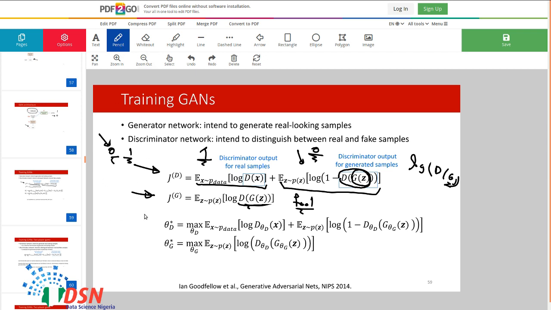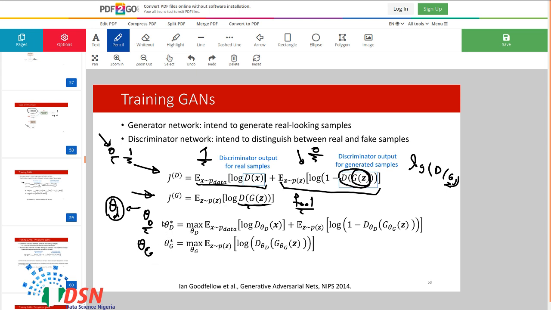So if we represent the discriminator with a neural network, and let's say that neural network has some parameters or weights, let's call all of them theta d, and for the generator we could define a network which has some parameters, let's call them theta g.